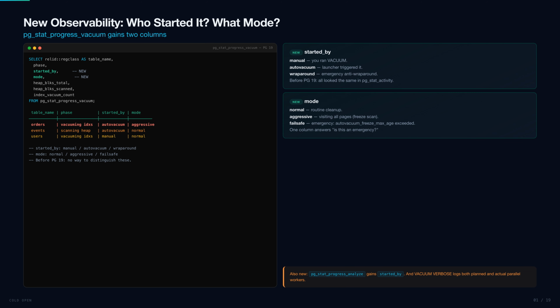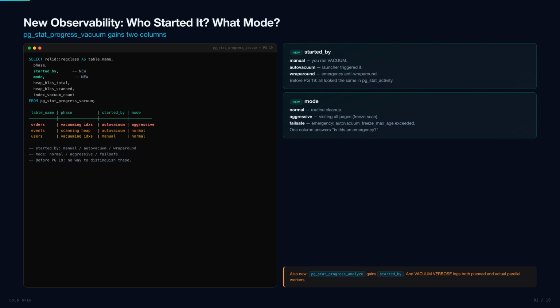pg_stat_progress_vacuum gains 2 new columns. Started_by tells you who initiated the vacuum. Manual, you ran vacuum yourself. Autovacuum, the launcher triggered it. Wraparound, emergency anti-wraparound. Before PG19, all of these looked the same in